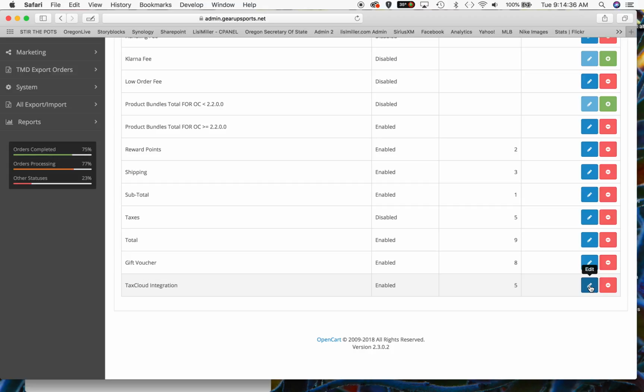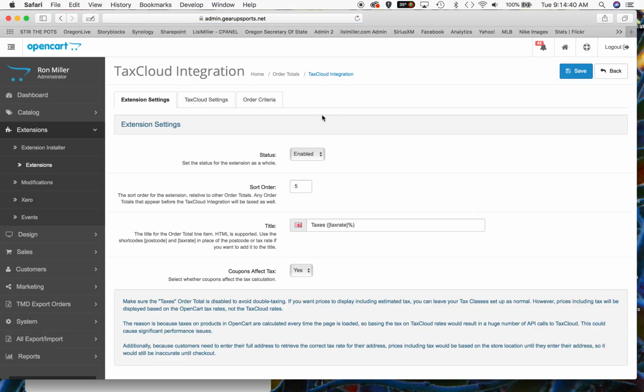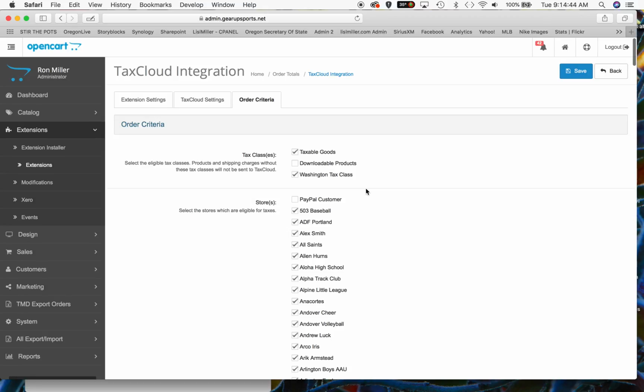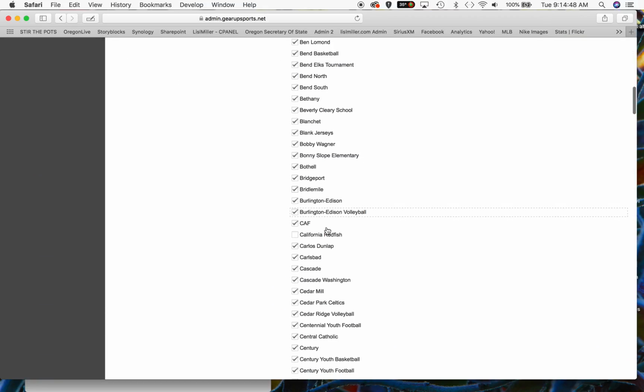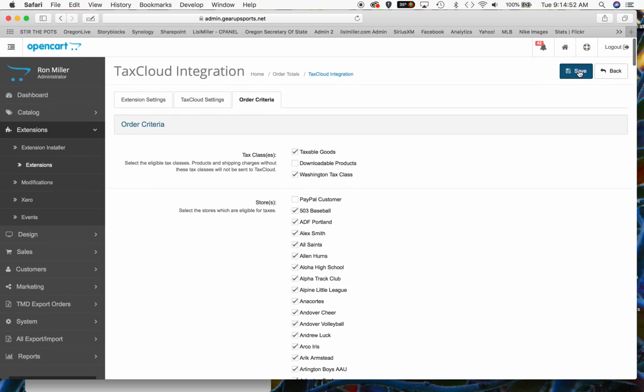The very bottom is the TaxCloud integration. I click the blue pencil, and then up here there are 3 tabs. It's the far right tab, order criteria, that I care about, and I'm going to just scroll down here until I find California Redfish and turn it on, and then click save. And now it's collecting sales tax for the store we're building. I wait till the green button says saved, and now I'm going to click on extensions again